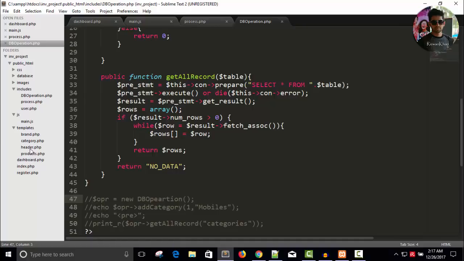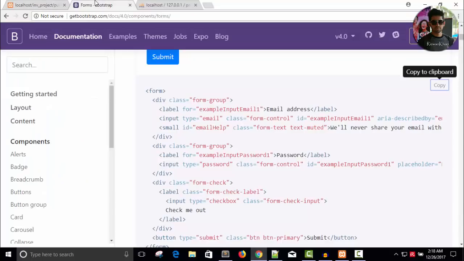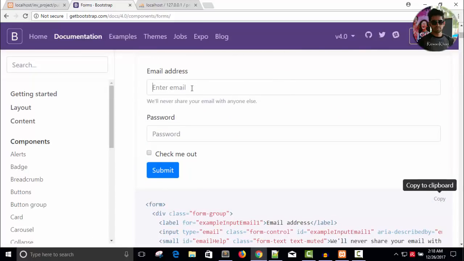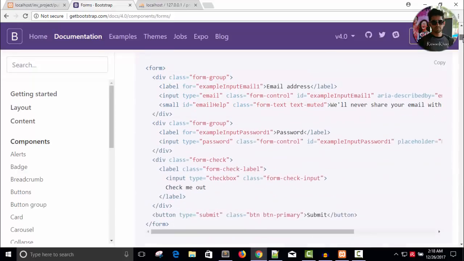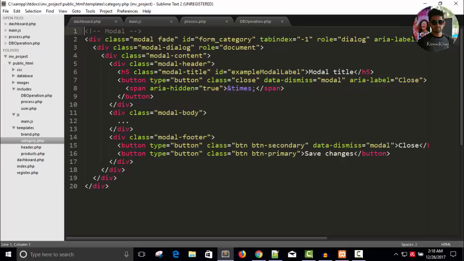Now let's go to your category page. Inside your templates we have already created category, and visit the form. So components, inside we have a form. This is a form, right? This is a simple form. I want this form. Let's copy it, and in your category paste,